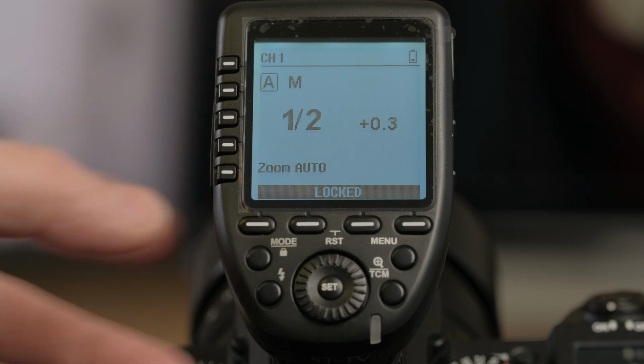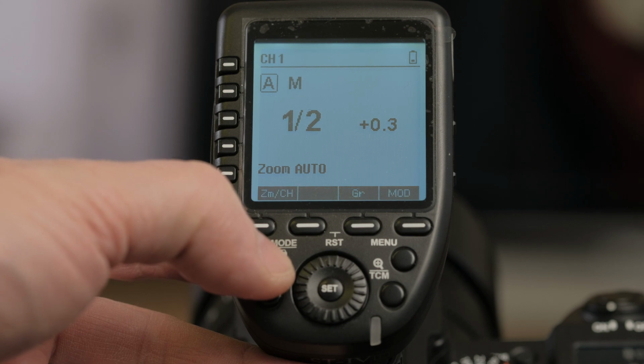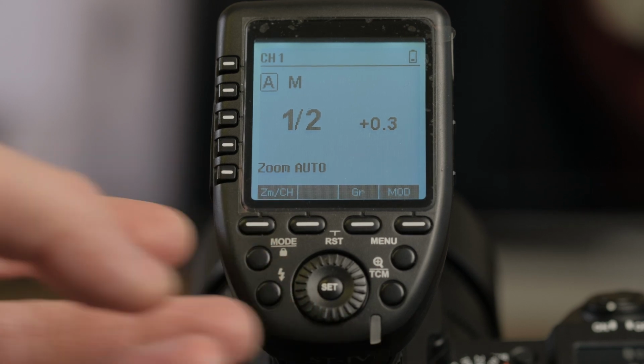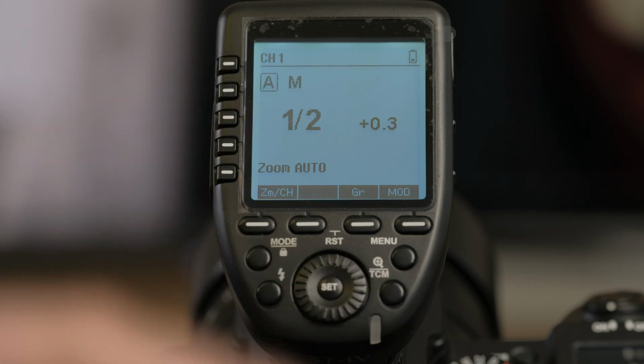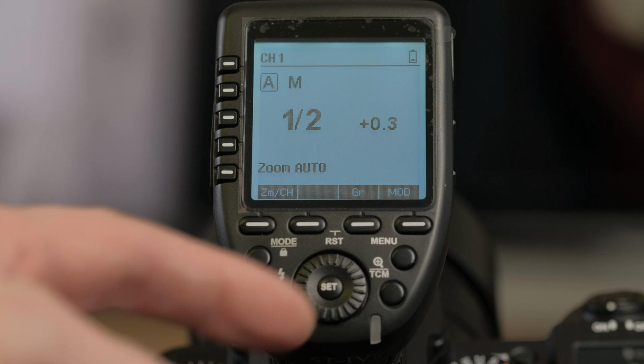and locked remains on screen so you know if it's locked or not. And to take it off, just press that button again and it unlocks your menus. Really, really nice. Now I know for a fact that the TCM mode, which also enlarges your screen, is also